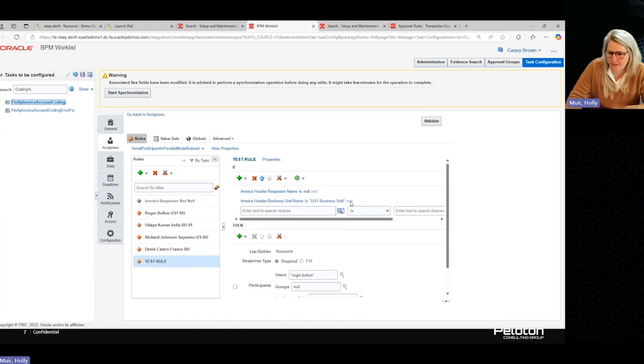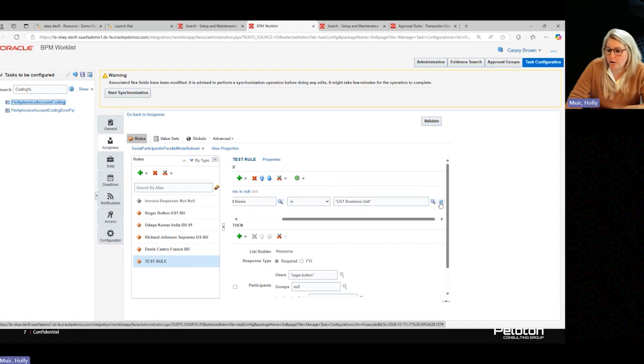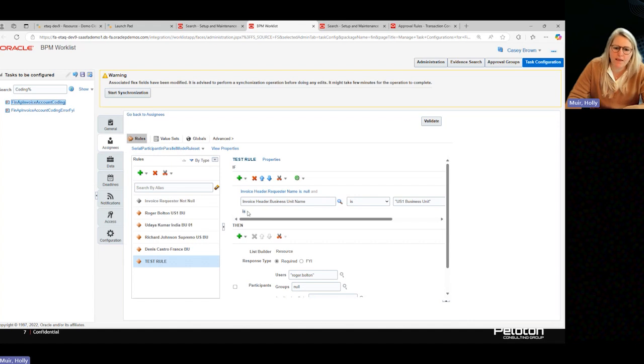Notice my simple test came up as and. What if I want to do this? If I want to change this to business unit, I could go to this and I could click or. I could click and or. See, it could be and or, either one. So I'm going to put and on it, but I'm just showing you how you can do that. And